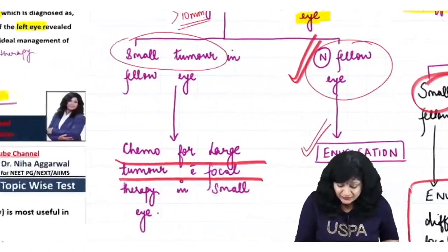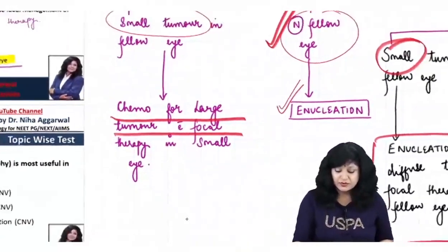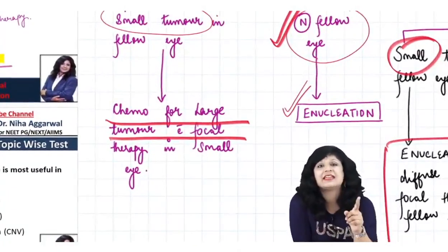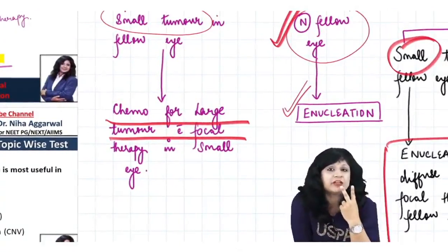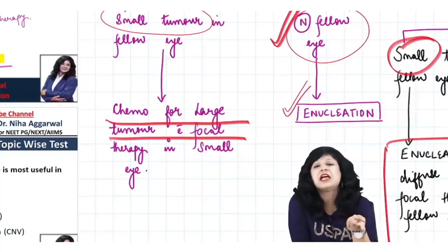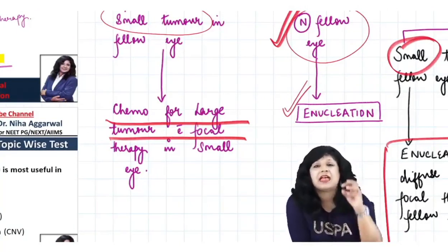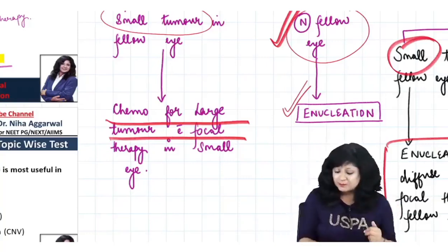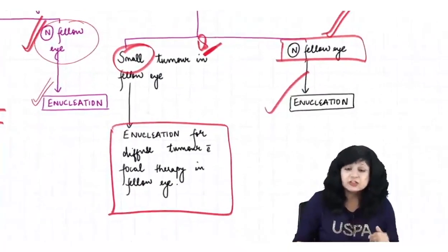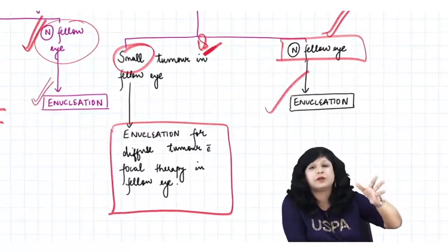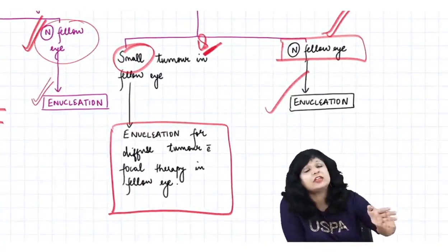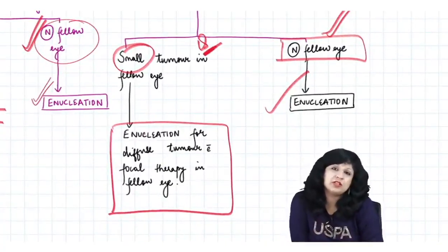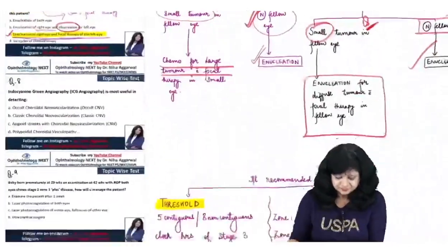But if I have a large tumor along with a small tumor in the other eye also, in that case, because both the eyes have already been involved, I can do the chemotherapy, and the tumor which is still small, I can do the focal therapy. But in the other case where we have a diffuse tumor and this eye is already gone, then do the enucleation for that eye, and for the other eye tumor you can give the focal therapy, right?